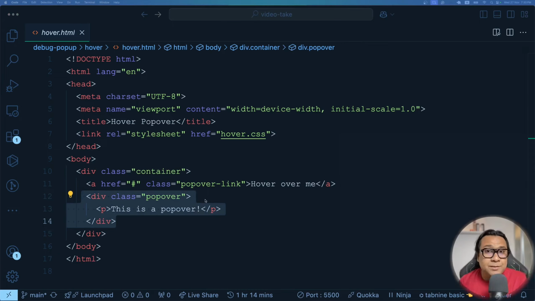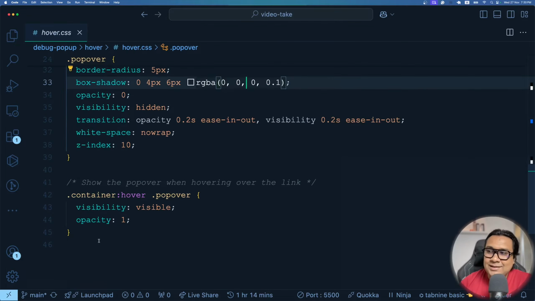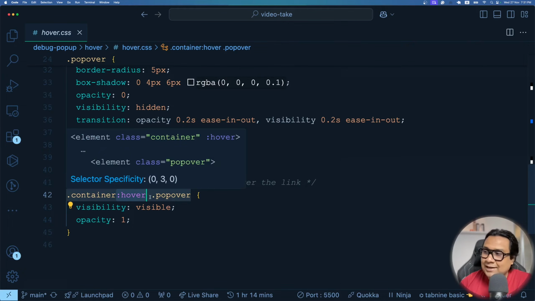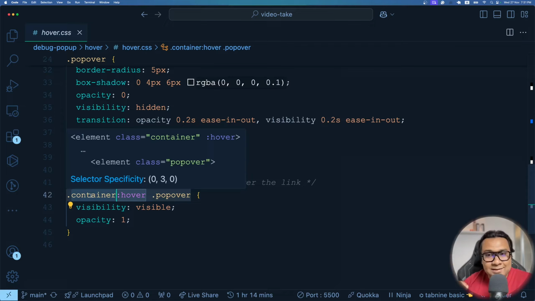Now this is implemented using a CSS pseudo class called hover. How? Let's go to the CSS file. If I go to the hover.css file, you are seeing a style over here, right? It says .container:hover. This is a pseudo class. Whenever I am hovering on an element which has a class called container, and inside it there is another child element